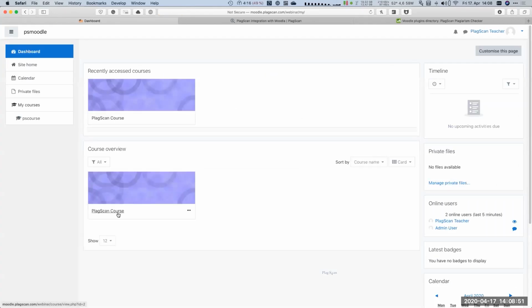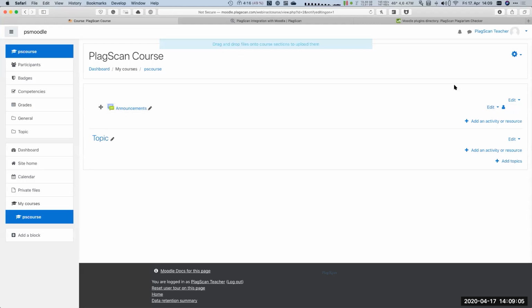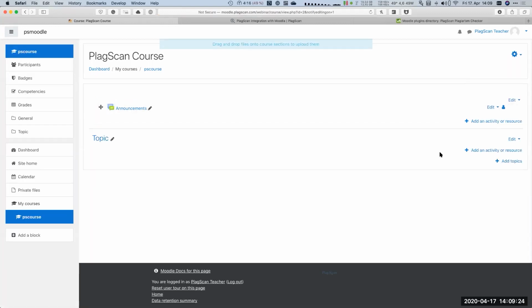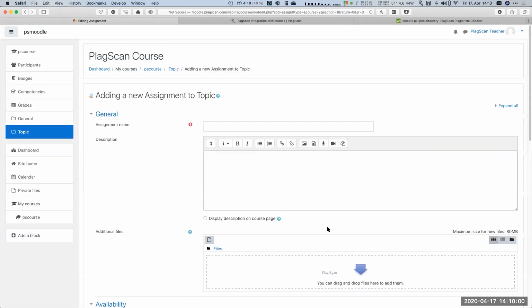Now we are logged into Moodle as teachers and we are going to our course. As you may know, but I'm going to walk you through the same experience. It's very simple to create a new assignment for your students. You just have to go into the settings area and turn editing on, and within this section, you can create a new assignment. So let's select assignment in the new activity section, and let's create our first assignment with plagiarism